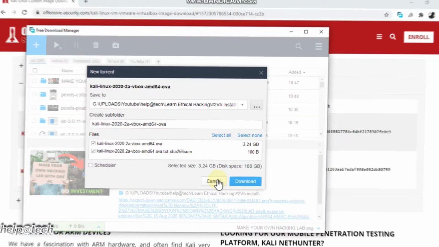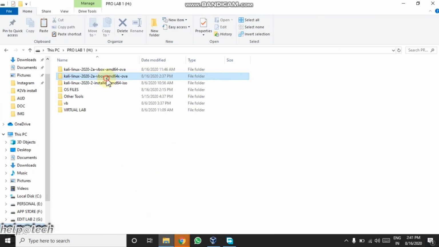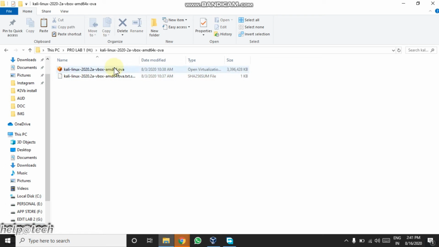I have already downloaded it. Next step is to install the Kali Linux VirtualBox image.